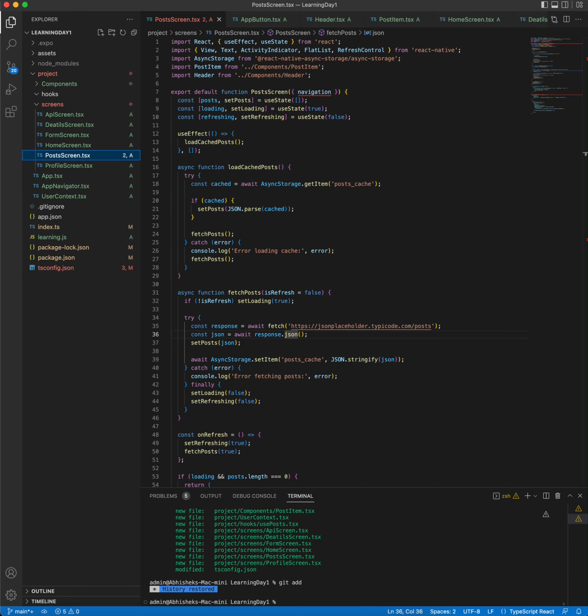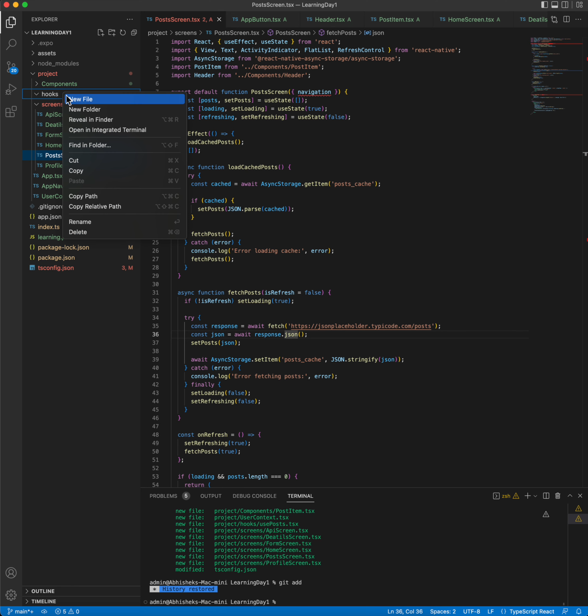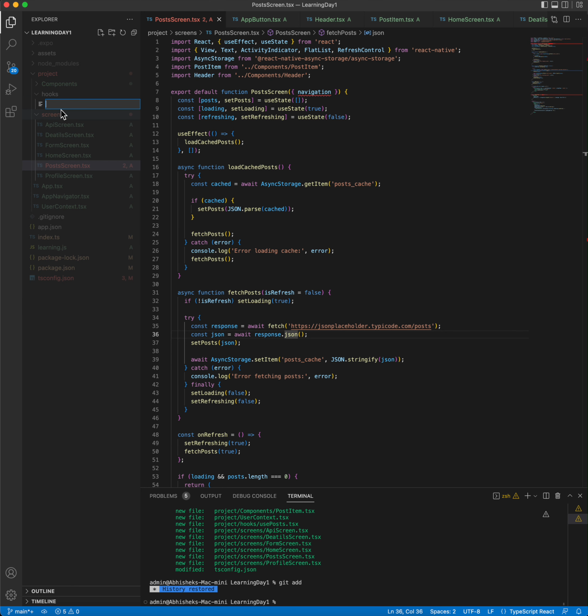So our plan today is to move all API, caching and pull to refresh logic out of post screen and into a custom hook called usePost. So inside the project we create a new folder called hooks. I have already created it, and inside that I will create a new file called usePost